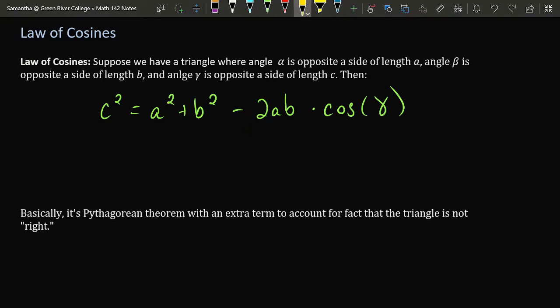So notice that the angle inside cosine is the angle that's paired with the side labeled c, which is on the far left. Now specifically, this is the version of the law of cosines where c is on the far left side. But there are also 2 other versions, one where a squared is isolated. In this case, a squared would be equal to b squared plus c squared minus 2 times b times c multiplied by cosine of the angle that is paired with the side marked by a.